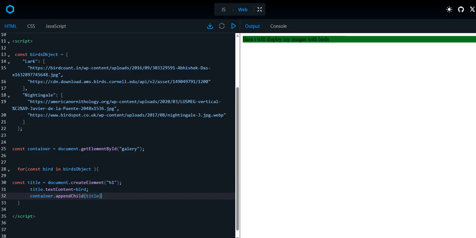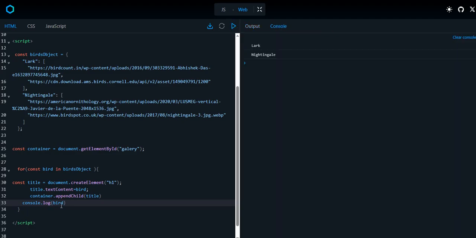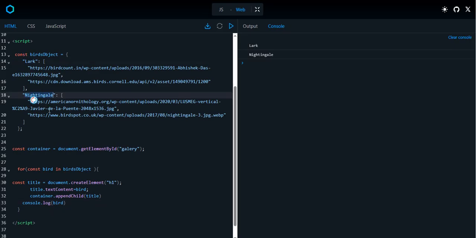Okay, let's see. When you write code, it's okay if you check some variable with the console. Console log bird, I have lark, and I have also nightingale. With this for in, I take this value, the key. For in is used to take the key from an object, but I need to display